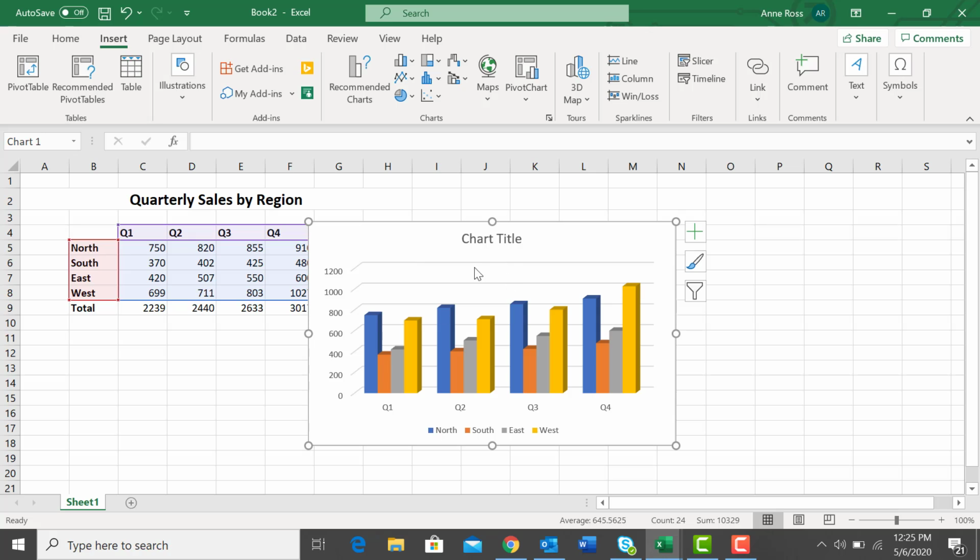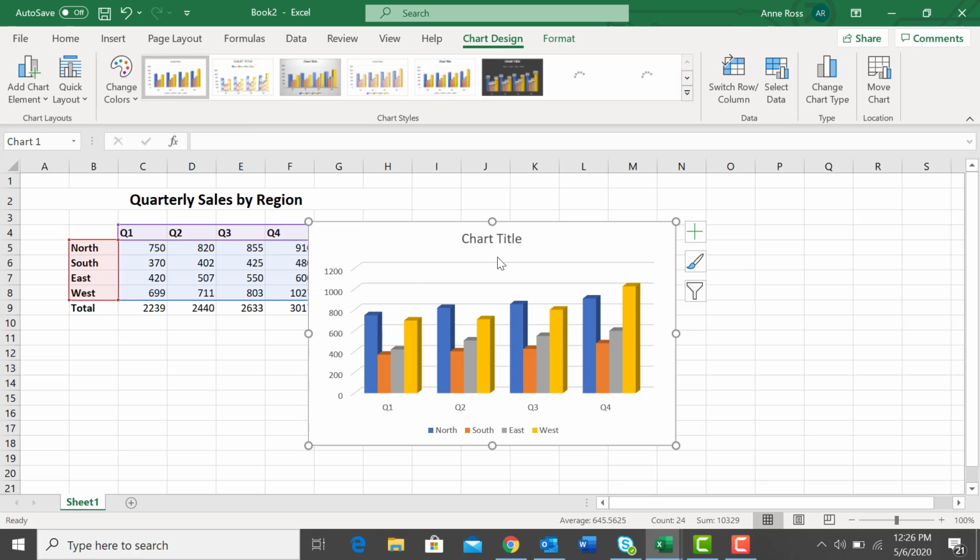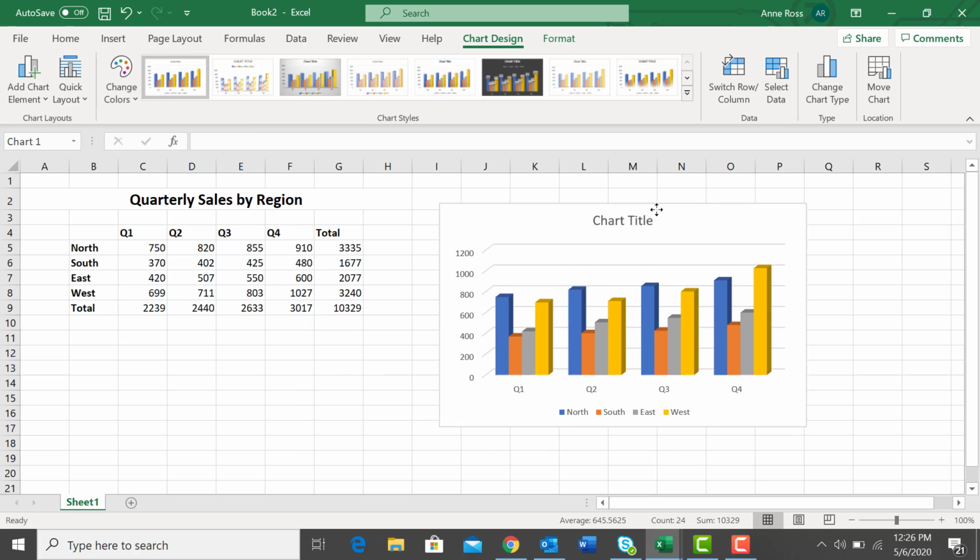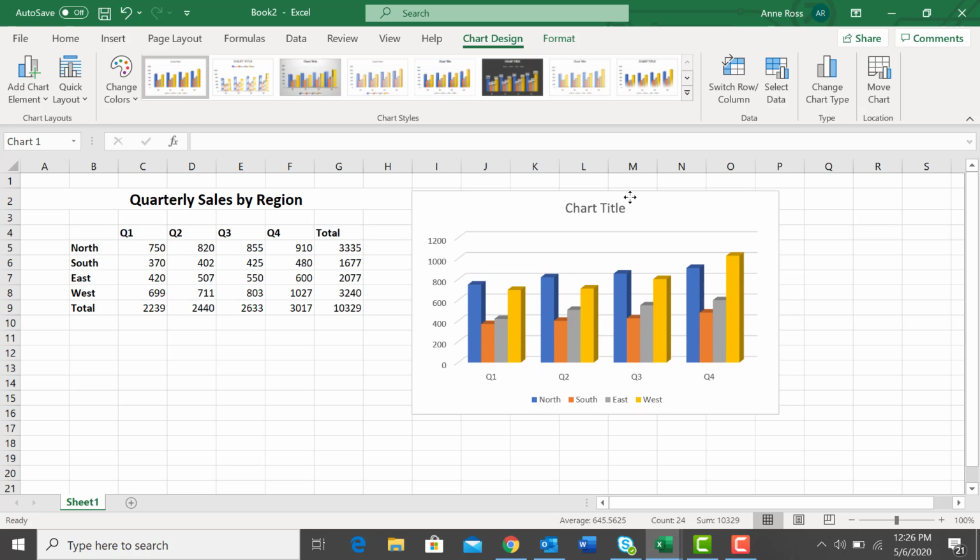And notice how it inserts the chart right on the screen. As long as it has the handles selected, I'm going to press and drag on the chart to position it where I want the chart to be placed. Okay, it has a spot for me to enter the chart title. I can click it to select it and then highlight it, and I'm going to do quarterly